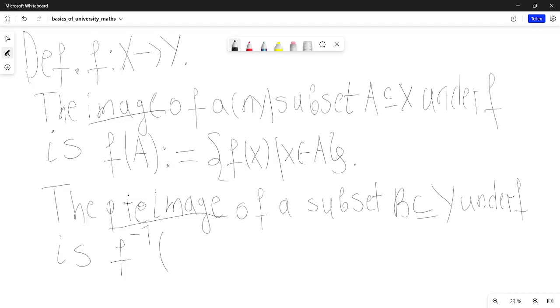F of minus 1 of B is defined, well, as I told you, as just all elements which we could have taken to end up, and of course, f of x is clearly, because f goes from there to there, in Y, but